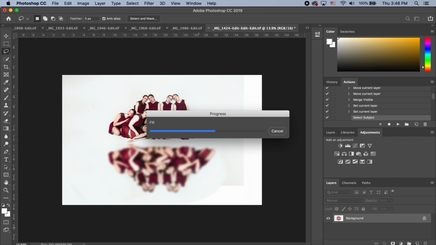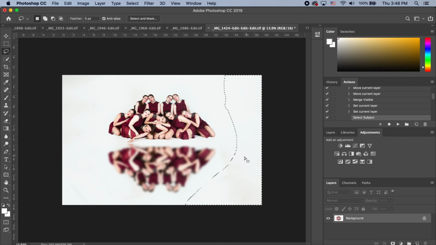And that's basically it, guys. You can adjust how far your reflection is from the people. You can adjust the crop. This is obviously a little bit of a strange crop for this image here, but this is just an example to show you how to create that. And this is most applicable to landscape images over water, and it will look a little bit more natural there. But I hope that this was